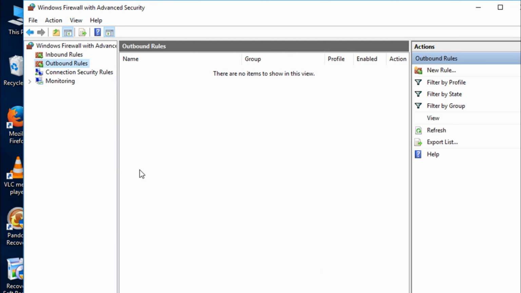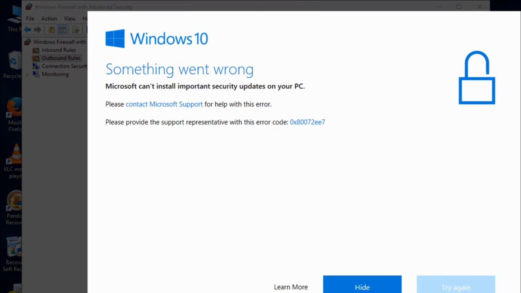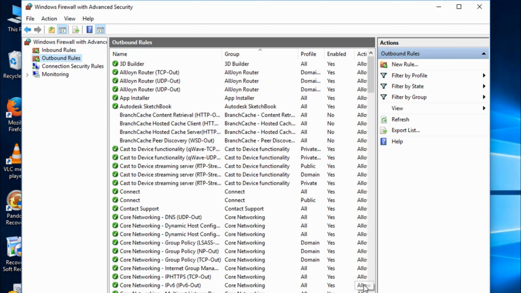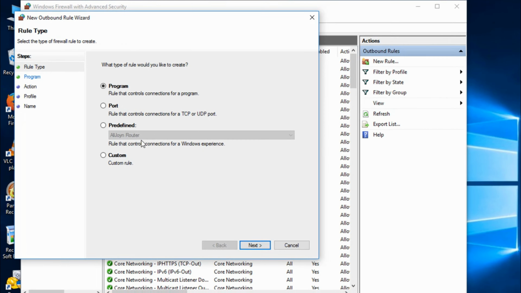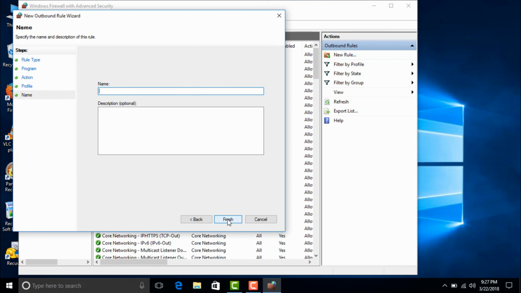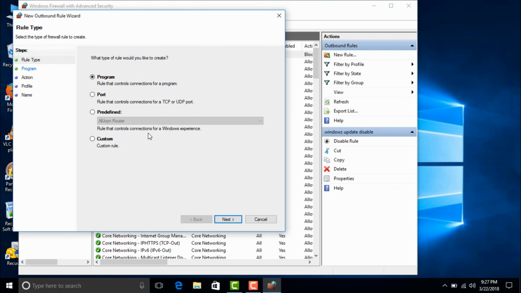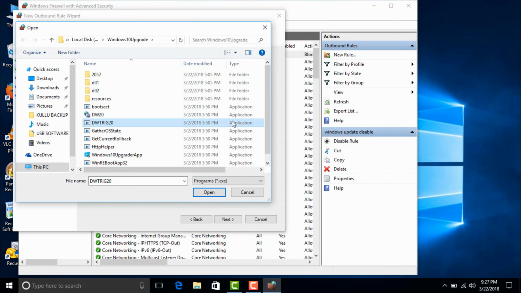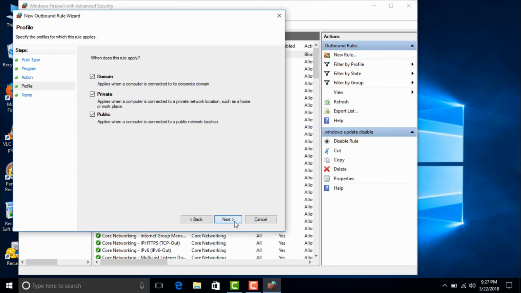Now after that, select Outbound and create a new rule and follow the same procedure as the Inbound option. Same as what you did in the previous steps, carry out the same steps in this option too. Remember guys, you should follow this step, otherwise it won't work. After searching everything, I got these steps working, and you should follow the same too.